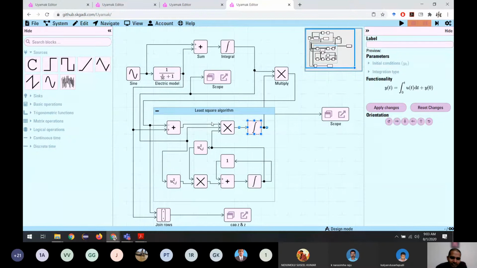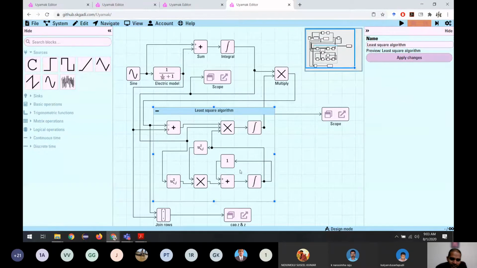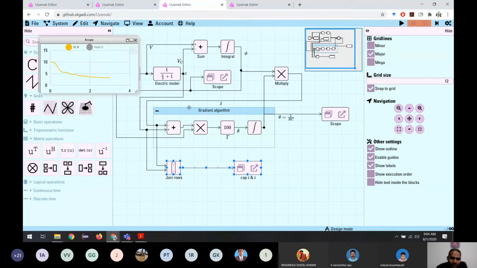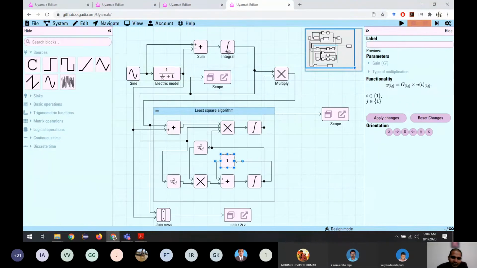But it depends on the algorithm. It works for the least square algorithm with forgetting factor. This is the forget factor we have. We have seen this algorithm yesterday, so I'm not discussing it. If we don't have this factor, if we change parameters, it may not change. But for the gradient algorithm, it will work because the algorithm itself is designed to reach the parameter value all the time. The least square needs this extra factor. If we don't have this factor, it will not reach the new parameter value. Yes.